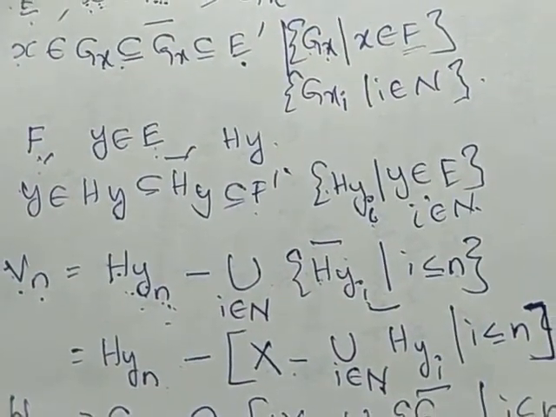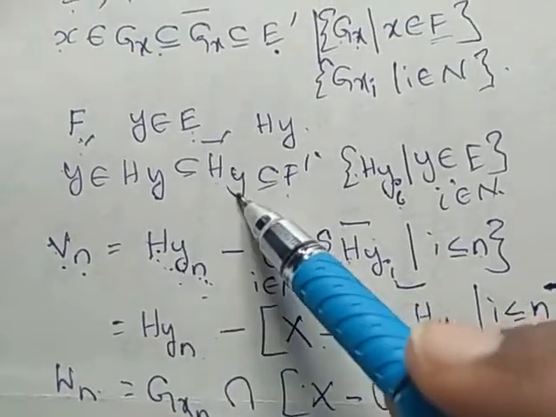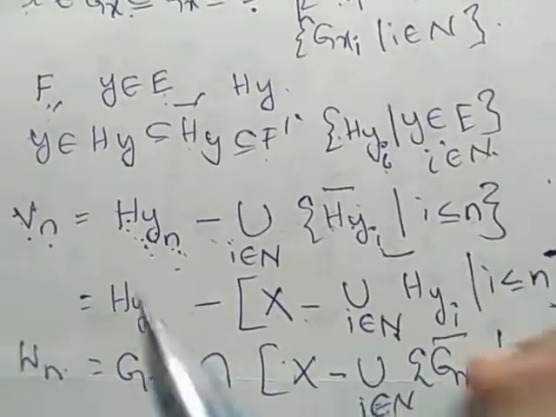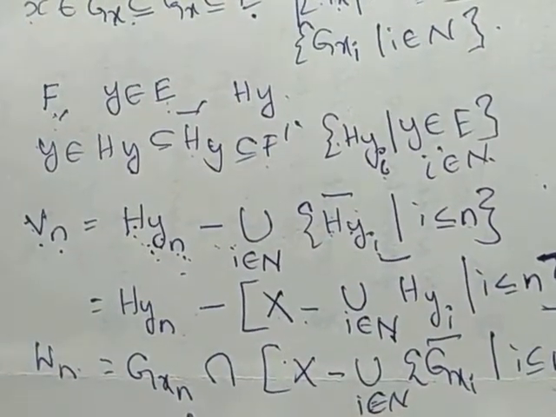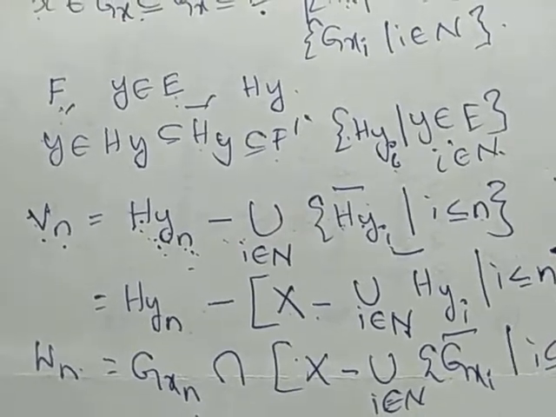See, we are defining Vn and we are defining Wn. Clearly, Vn is an open set, Wn is an open set because Hy is open and its closure means it is closed and we are removing all the elements from that, and clearly Hyn is open. Similarly, Gxn is open. Therefore, we are considering Vn and Gn is open.